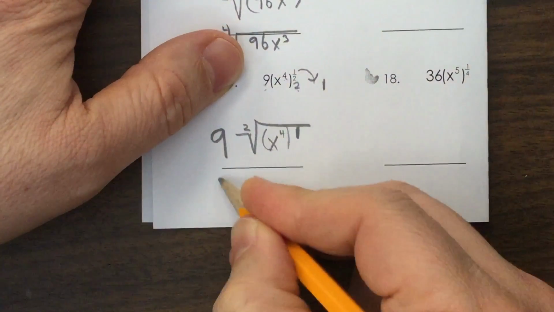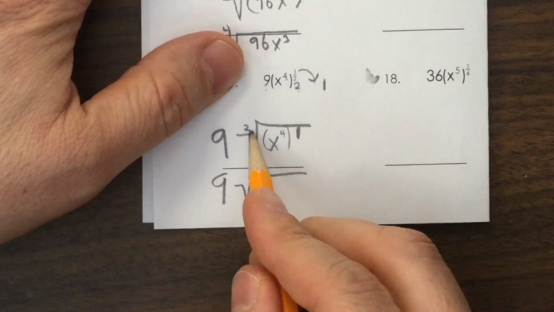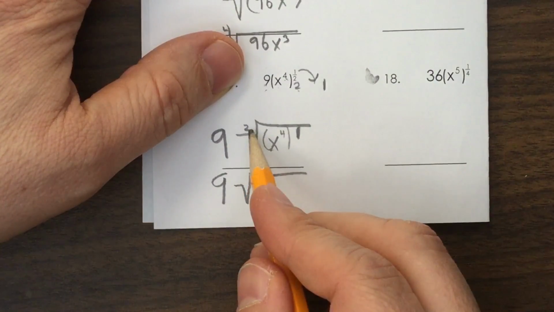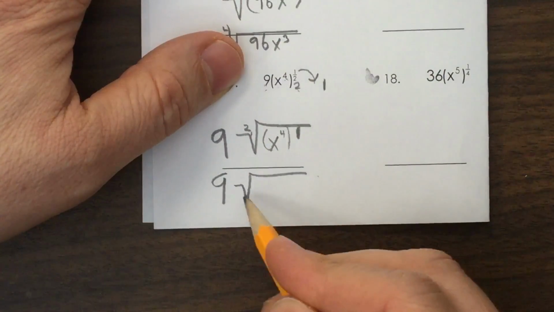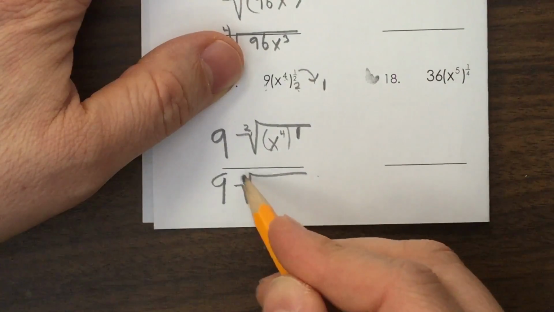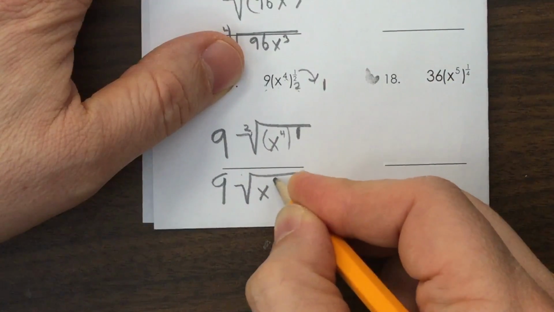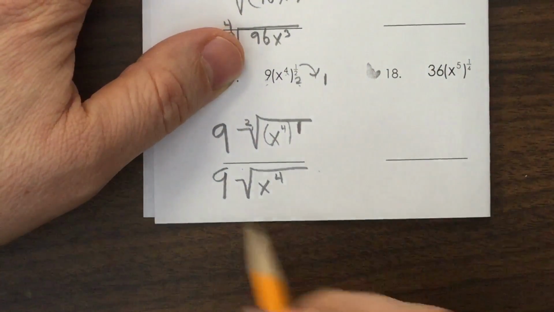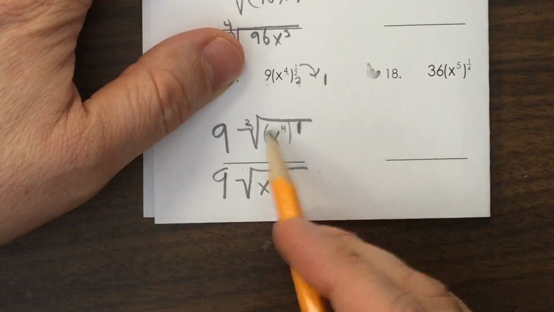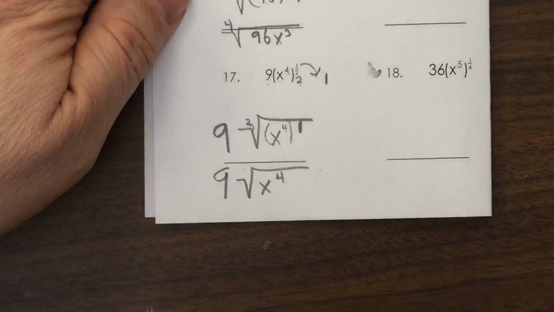Now let's simplify it even more and leave invisible what can be invisible. We don't need the square root 2 showing, because square root is understood with just that radical symbol. If you don't have a number there, we know it's 2. So leave that off. The x to the 4th doesn't need to be in parentheses because that 1 exponent doesn't really do anything different. So this is your simplified answer for number 17. Lastly, number 19,